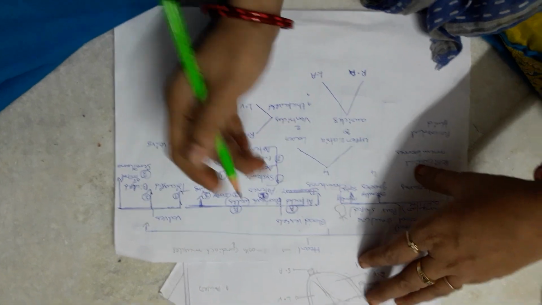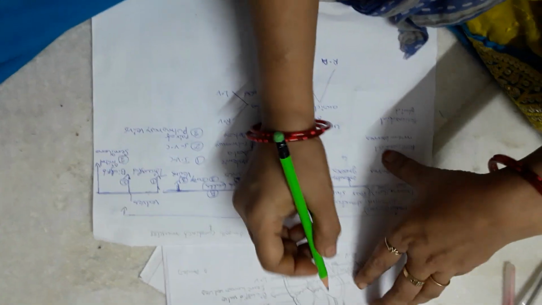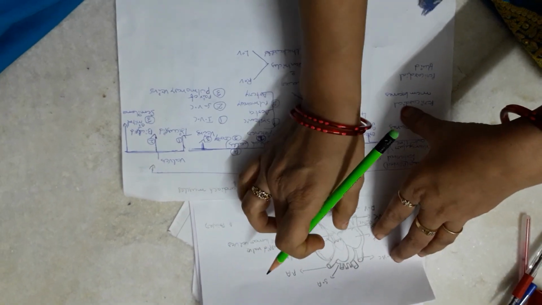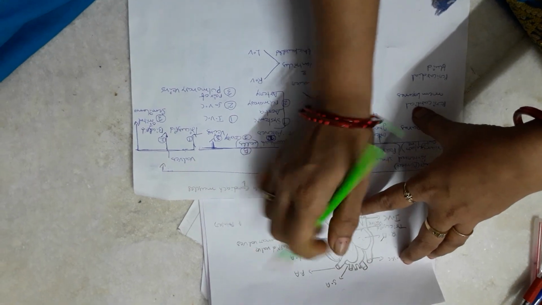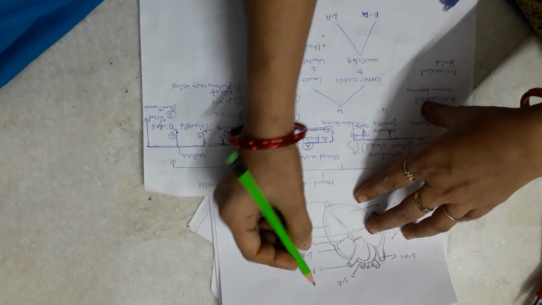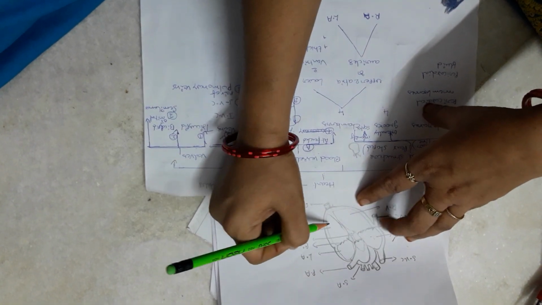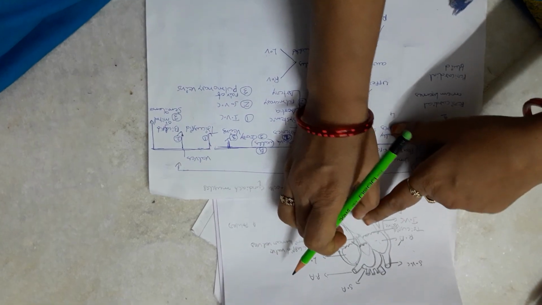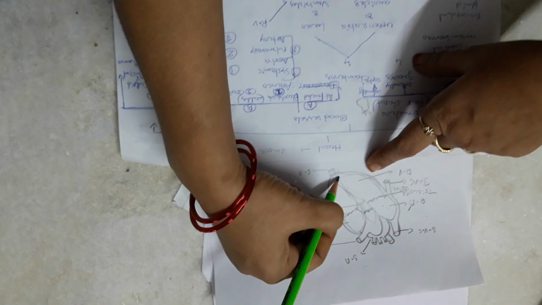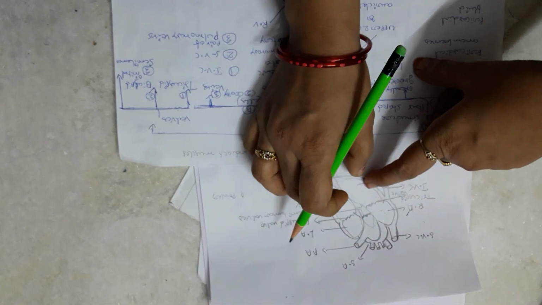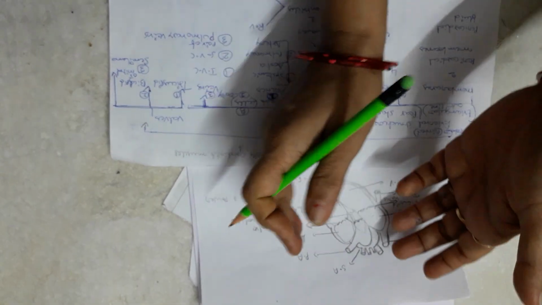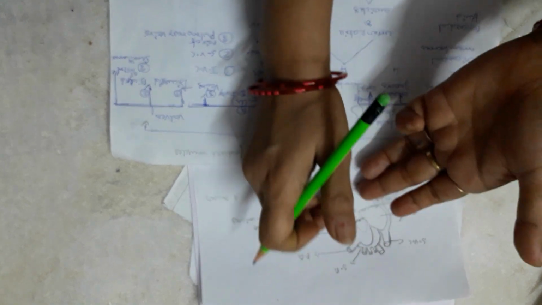Those are the right chamber and left chamber, you can say. Right chamber is slightly bigger than the left chamber, and this right chamber is divided into upper right auricle and lower right ventricle, and the left chamber is also divided into left auricle and left ventricle. Ventricles have more thick walls than the auricles, as they have to pump the blood to all the parts of the body. That's why they have more thick walls than the auricles.